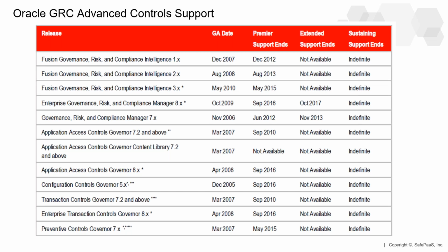The source is Oracle support, and you'll see that most of these products came to general availability, GA, over a decade ago, right? So without going through all the dates, you can see that this presentation will be made available online, so you can share that. As I said before, the Premier support ended some time ago, which is not